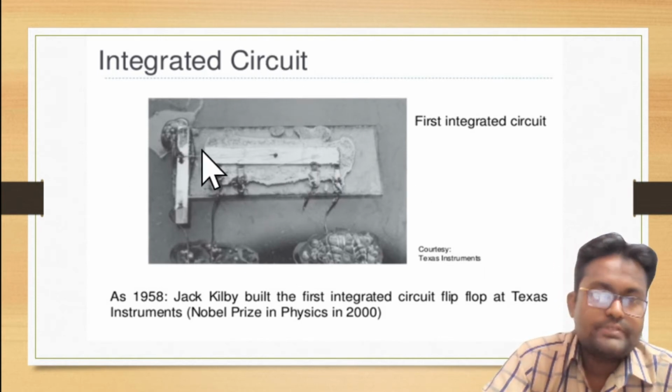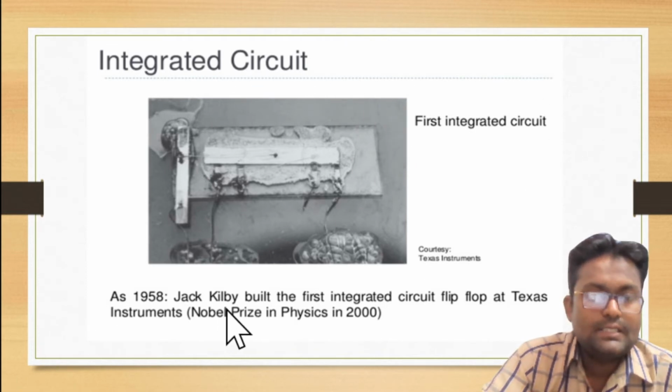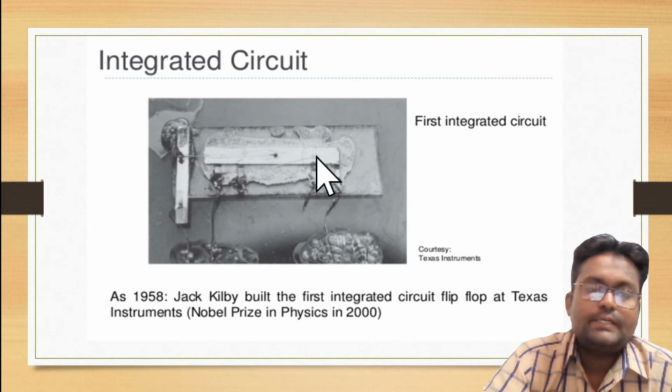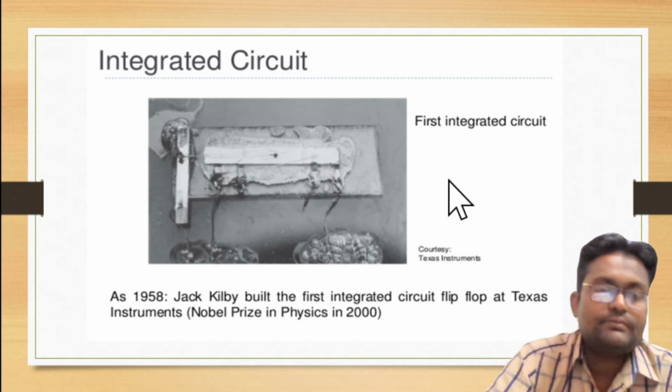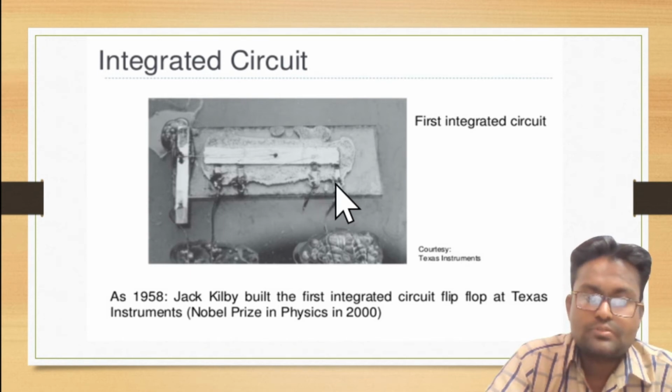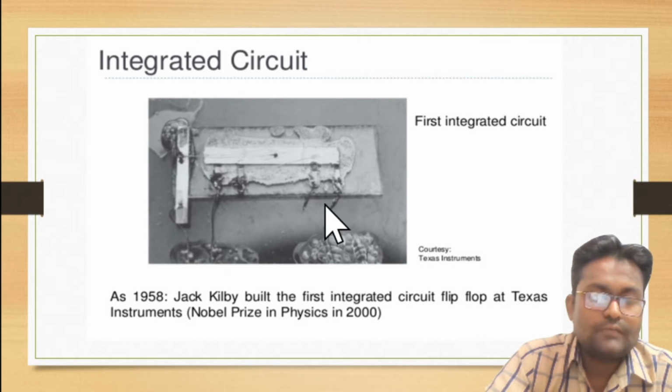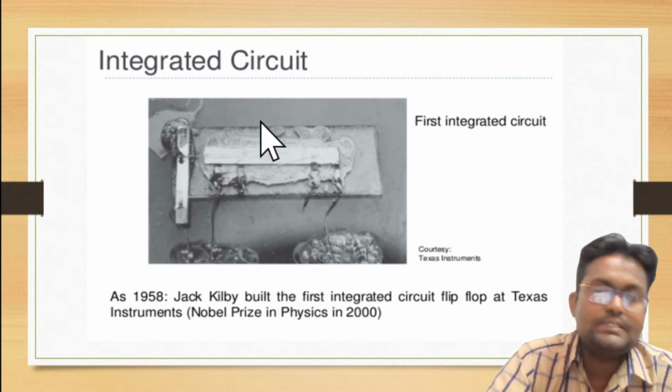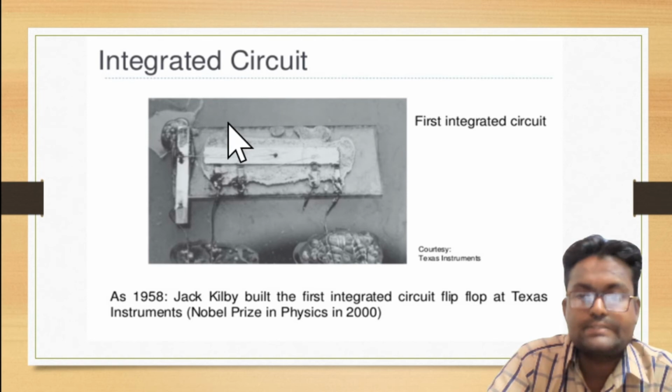This one is the first developed integrated circuit, made by Jack Kilby. Now what is an integrated circuit? An integrated circuit is a circuit in which various transistors or various elements are connected together for performing any desired task. And these are the metal legs. What is the purpose of introducing metal legs here? Metal legs are generally used for the connection of the outer atmosphere with the internal environment of the integrated circuit.